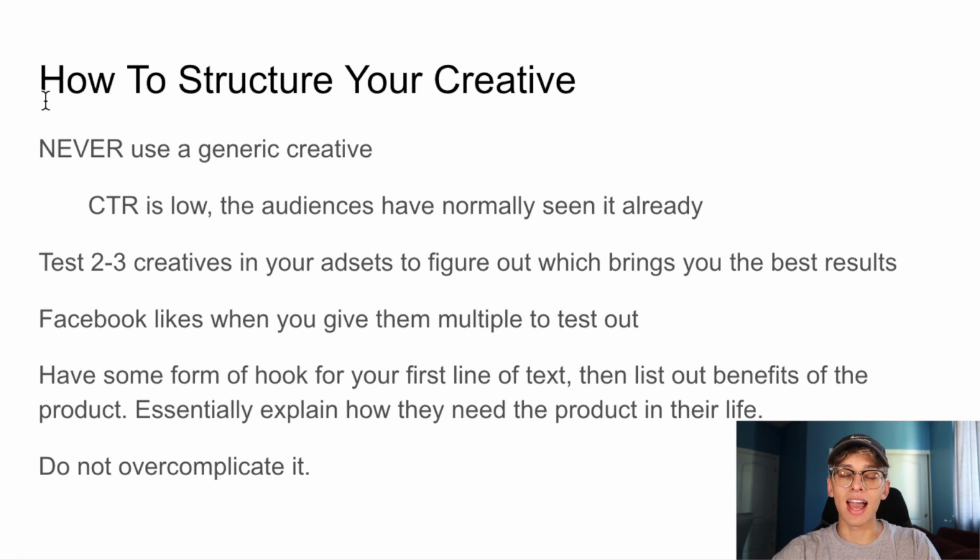Normally, when I am testing ad sets, I always test 2 to 3 just because I prefer giving Facebook a little bit of option when they're running, obviously when they're spending my budget, and then when they're testing creatives. So they're going to give impressions to all of your creatives and sort of figure out which one is going to get you the best click-through rates and stuff like that. And then you can go on and analyze, oh, okay, actually Creative 3 is working way better than Creative 1. One has a 2% click-through rate, one has a 7% click-through rate, so I'm going to turn off Creative 1,